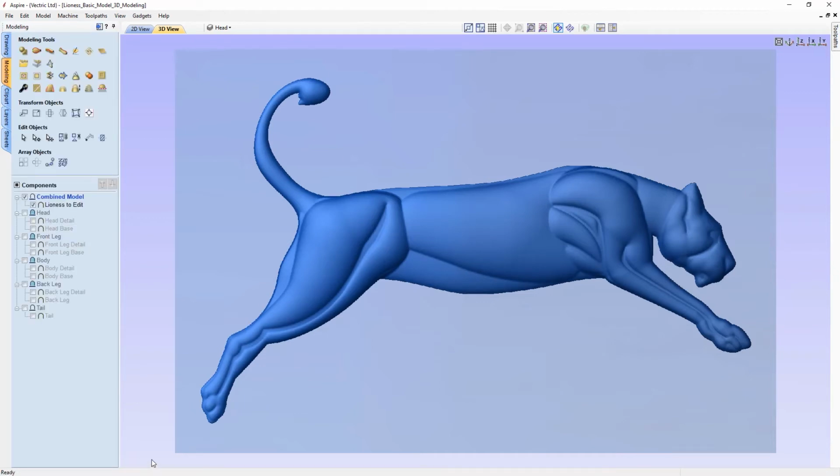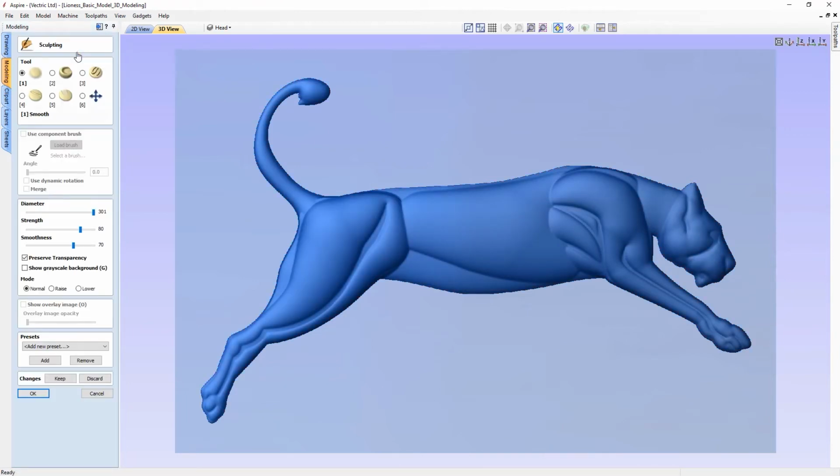So now we're ready to finish the lioness using the sculpting tools. You simply select the component that you wish to sculpt and then go into the Sculpt Visible Model tool, and that will put your component into sculpt mode. So we're going to briefly talk our way through the form to begin with. At the top here we have the tools section. This is where we have 5 ways that we can interact with the model,